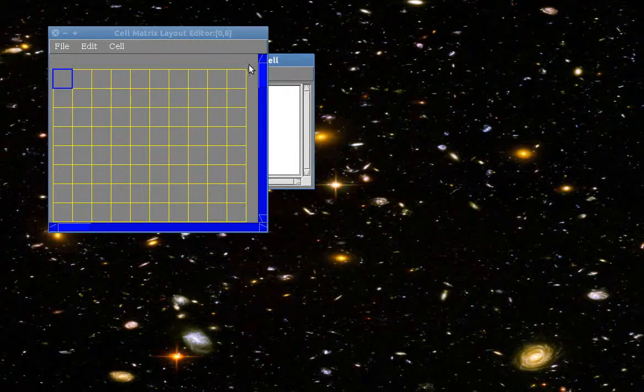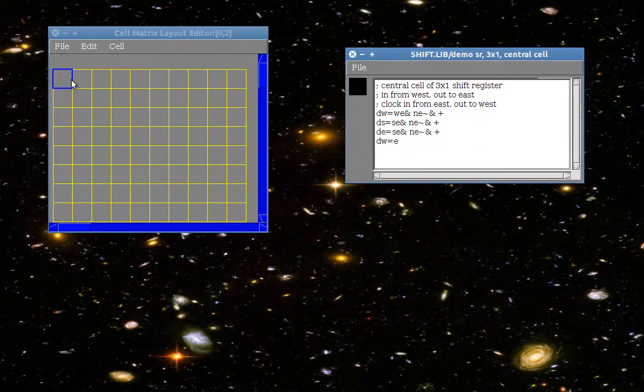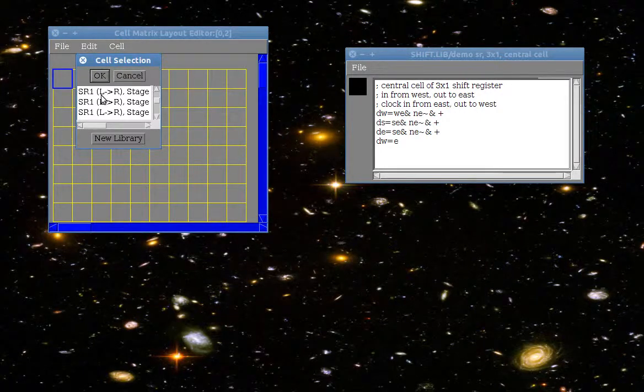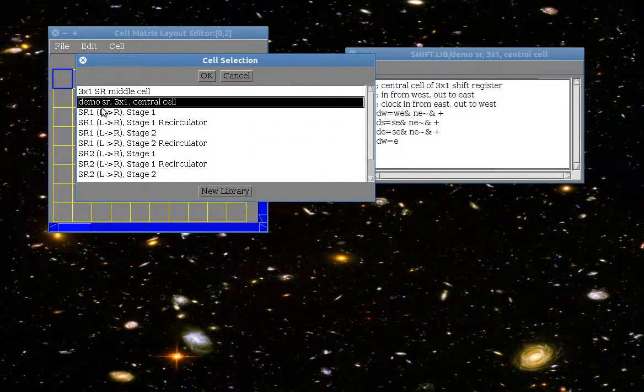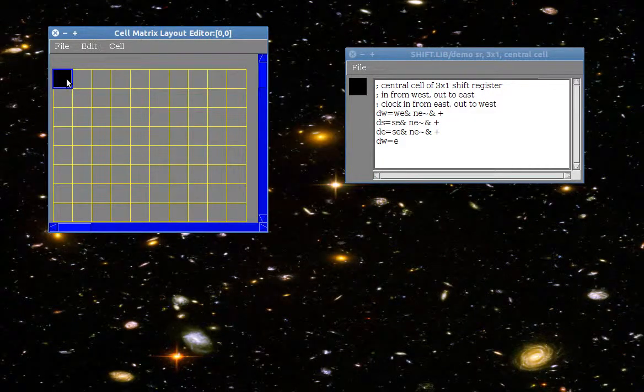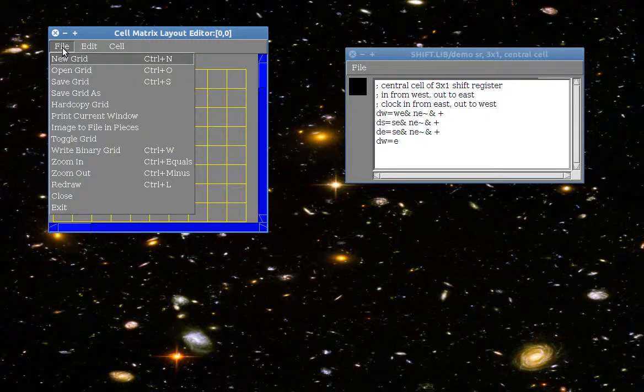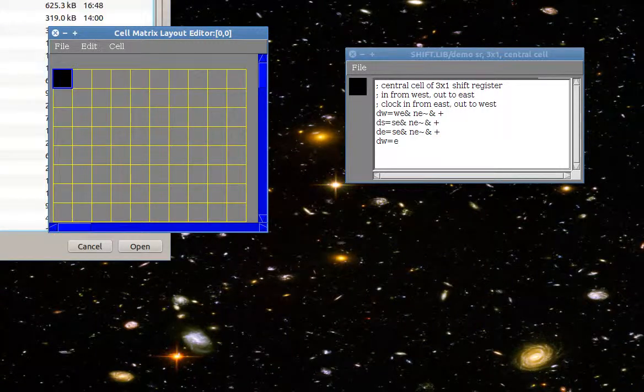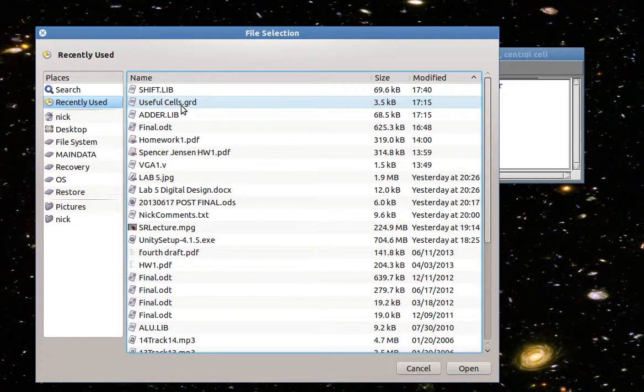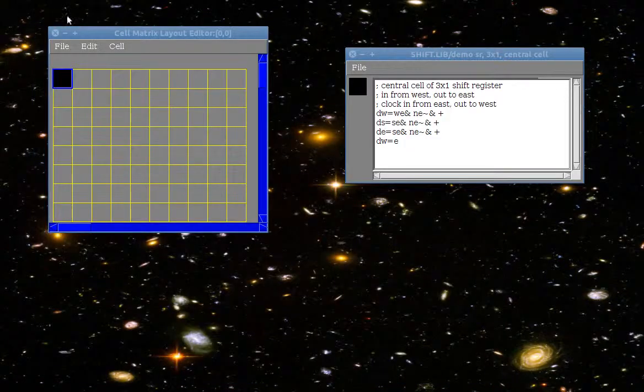So now this definition is saved in the library, and I can load this into a grid by saying load, and I already have this library selected, so I'm going to do demo 3x1, and I can expand this if you want to see the full library. Demo shift register 3x1 central cell. I can load that in, and there's my cell. Now, rather than just save it in this random grid, I'm going to go to a particular grid that I tend to work with a lot, which is something that I call useful cells.grid. This is just a collection of